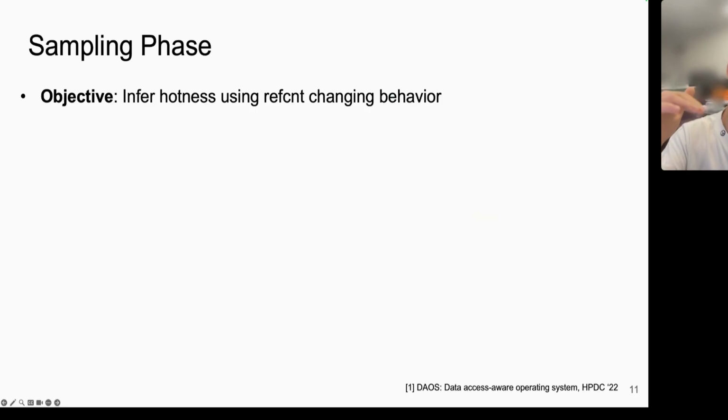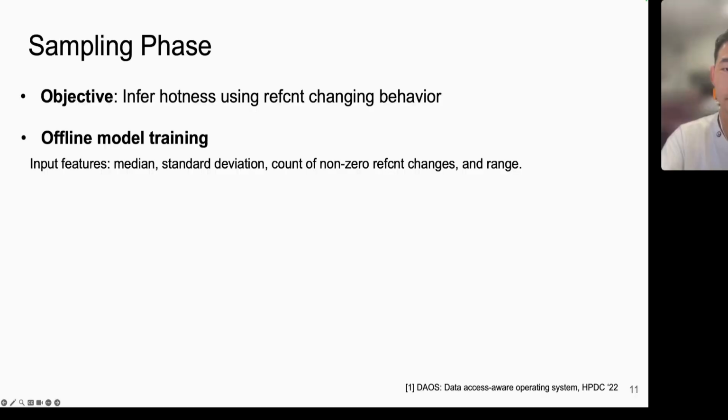Once MTP obtains the scope of all Py objects, it enters several consecutive sampling phases. Here, we are trying to capture their ref change and the use hotness. So how do we train the model offline? We collected ref count changing behavior from several workloads. Then we calculate their statistics like median, standard deviation, number of non-zero changes, and use